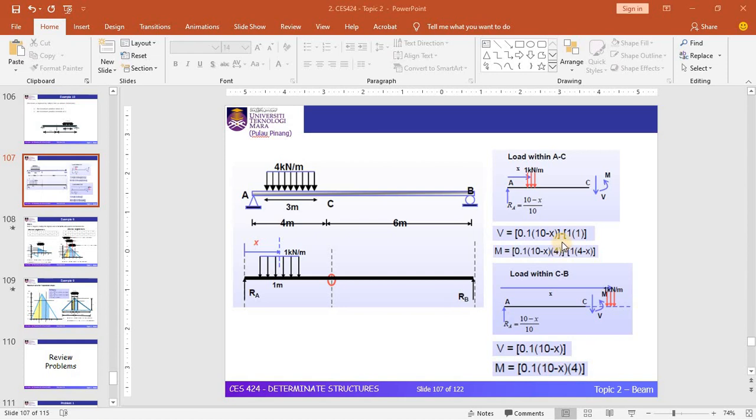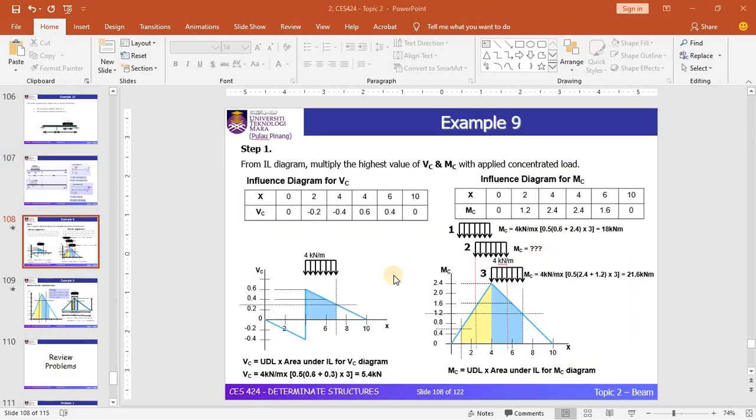Okay, so of a shear force and the bending moment, and you can proceed to plot the ILD diagram for shear force and the bending moment. Okay, so this is ILD for the shear force, and this is ILD for the bending moment based on the value that you can calculate based on the equation that you have determined in the previous slide. Okay, so I want to explain in detail how to get this value in the table and how to plot this. And the next step, we will look at how we can use the diagrams